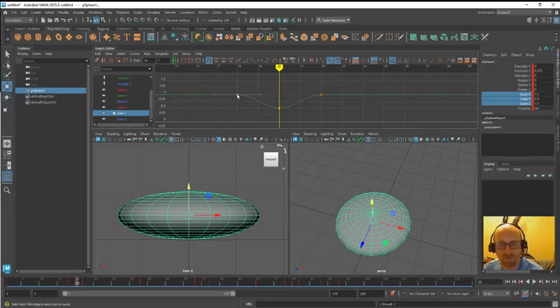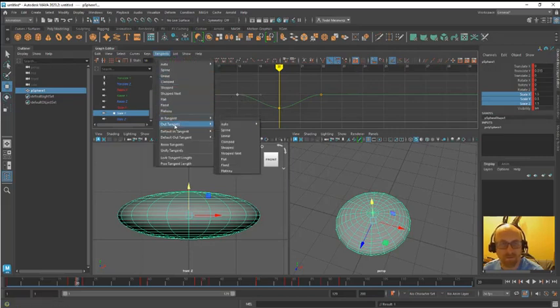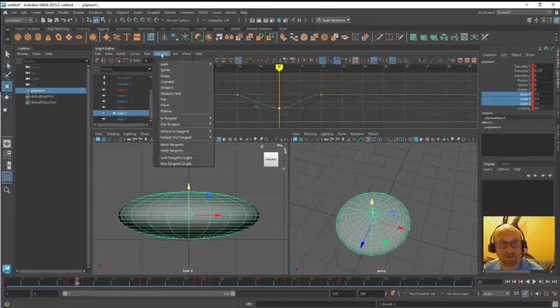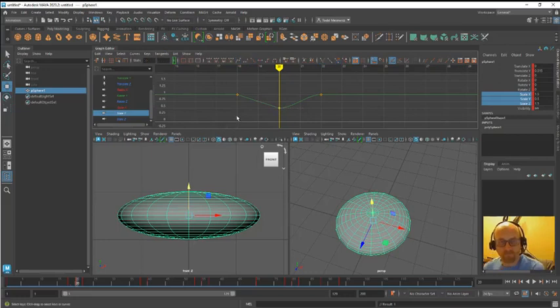So if I wanted to change from here to here as a linear key, I would select this, go to tangent, and that would be the out tangent, and I can change it to linear. I would change the in tangent here to linear. So now that's a linear transition,